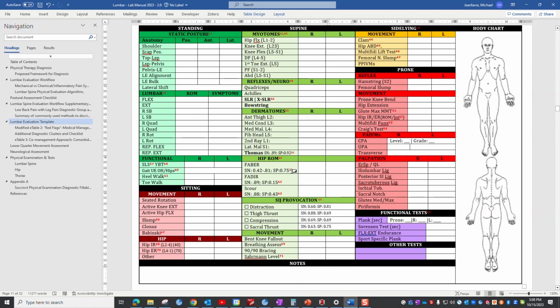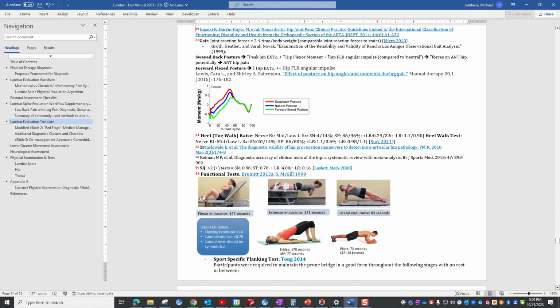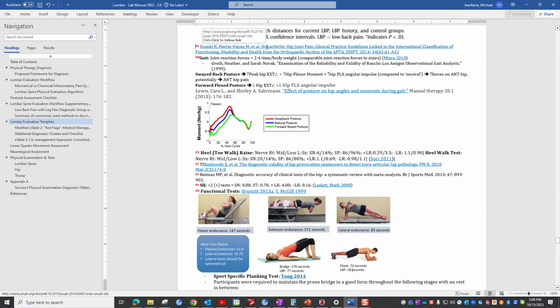And then the hyperlinks here, I've done an annotated bibliography. So let's use an example. For instance, I use FABER, and so I can double click on this. That will take me immediately to the reference list, and then it will show the actual reference, and it will